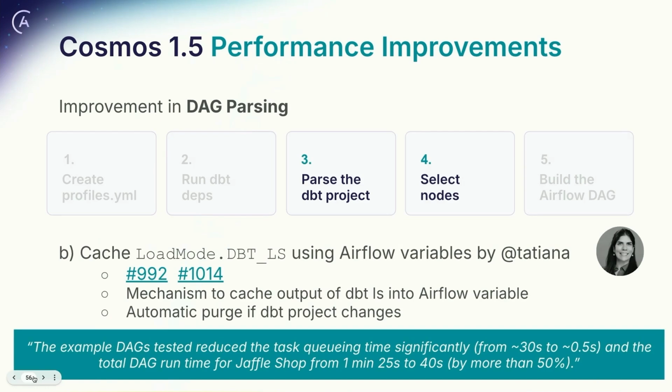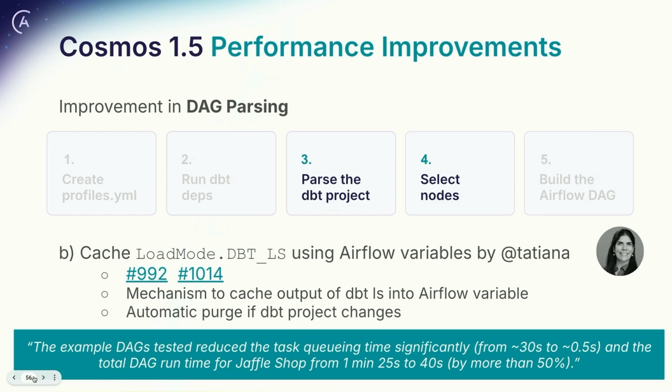This change I did helped with task queuing time. First I attempted to do the local pickle, and then I exercised using the variables. It was really fun because we wanted to make sure this cache would be automatically purged if the dbt project changed. We wanted to make sure this cache would be automatically purged if variables that are used by the dbt pipeline were changed. They didn't want this to be purged if there were changes to other parts of the DAG. So we had many edge cases and interesting things. And then they wanted the cache to be deleted if they removed the DAG or renamed the DAG. So there were 84 commits in this PR.